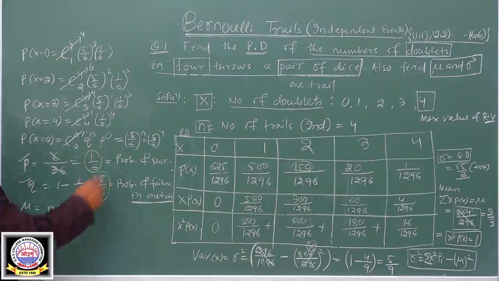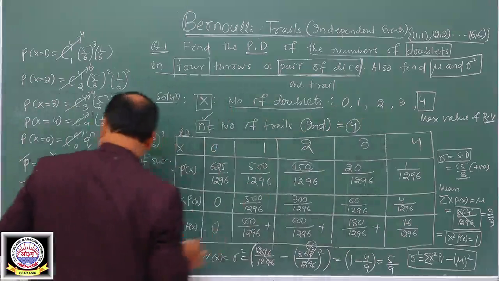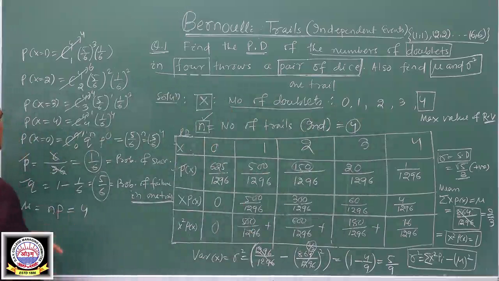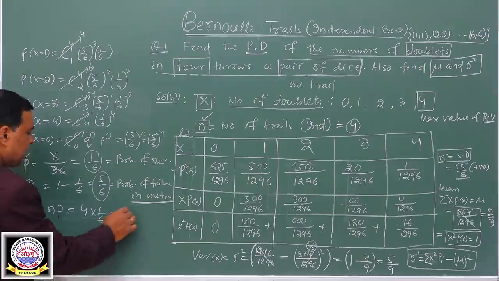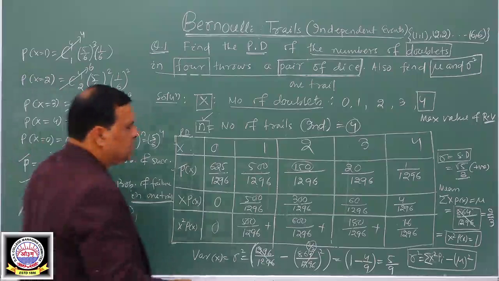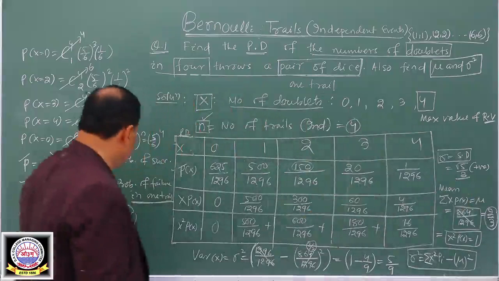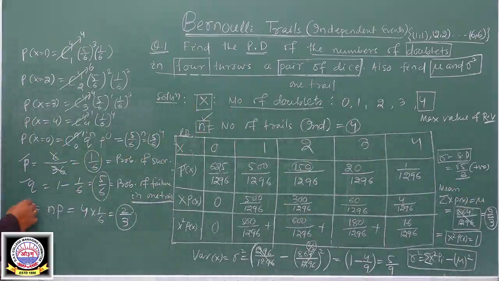So n is equal to 4, all of you know that n is equal to 4, you have written n equal to 4 here, put the n value, and p, the probability of success, is equal to 1 by 6. Look at how easily you are getting 2 by 3. After so many steps, the 2 cancels, it is 2 by 3. Check here, you also got 2 by 3. After so much calculation you are getting 2 by 3, but here by the binomial formula, mean is equal to